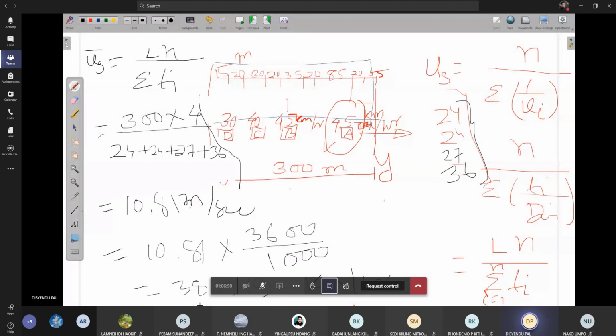Okay. So this is how, if we have some information from your photograph, we can find out the space mean speed and time mean speed also. As well as some other information like stream speed, flow and density, that we can easily find out. For all these things we need to have appropriate traffic data information. If we do not have the data, then we will not be able to find this out.